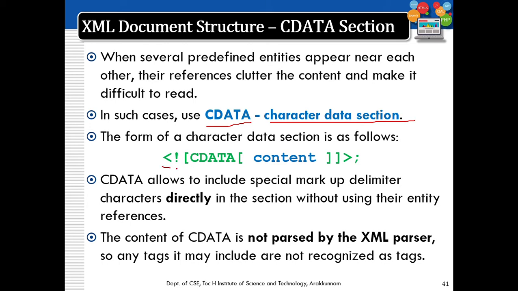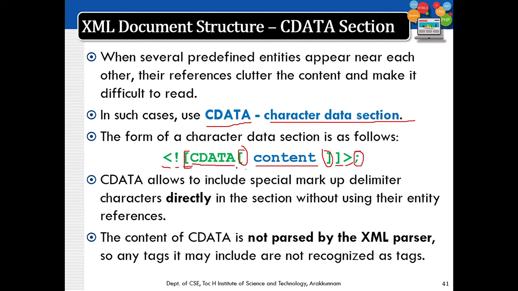We have the angle bracket and exclamation, then a square bracket, CDATA written in capital letters, another square bracket, and then after this we can write all the contents, then close both the square brackets. This is closed over here and this particular square bracket is closed here, and finally the angle bracket is closed and a semicolon is inserted.